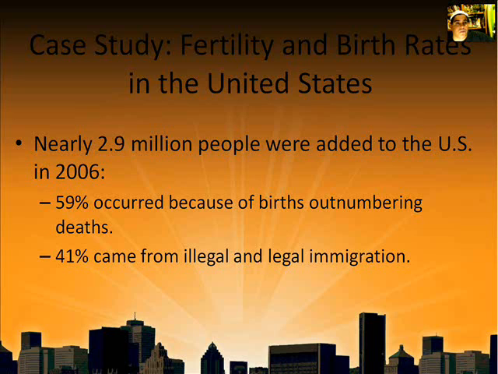So something that we have to think about when we're looking at this, since 41% is coming in from immigration, that means that that number of people is decreasing population somewhere else. So it's not as though our population is going up at the same rate that somebody else's is going. It depends on where they're coming from, what have you. Now, if that 41% came from China or India, that's not going to make a dent in the populations of China or India. I mean, it makes a big difference here, but not so much there.